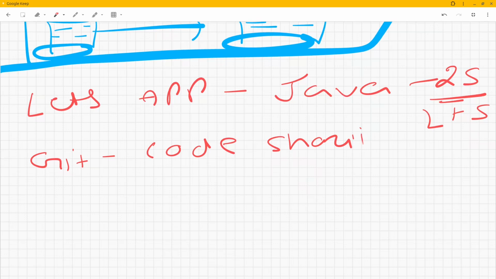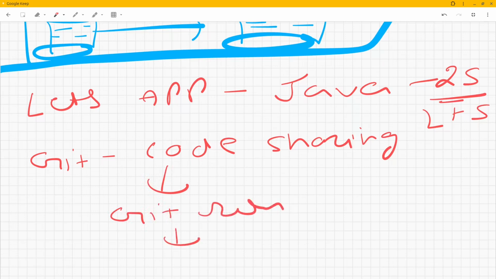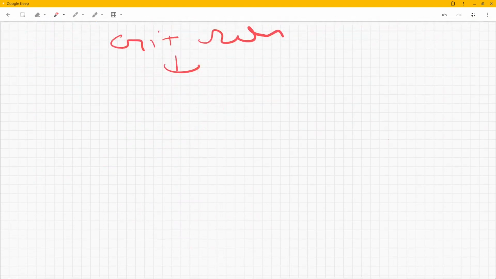When your friend runs that piece of code on his computer, he gets an issue and it fails. Why? Because your friend's computer has Java version 17. Due to the version difference between your computer and your friend's computer, the application fails.